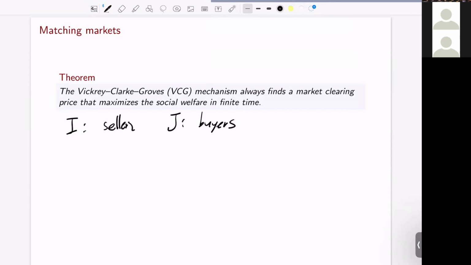This is the potential, which keeps track of the summation of profit for the sellers and buyers. So this is P_i plus summation of J